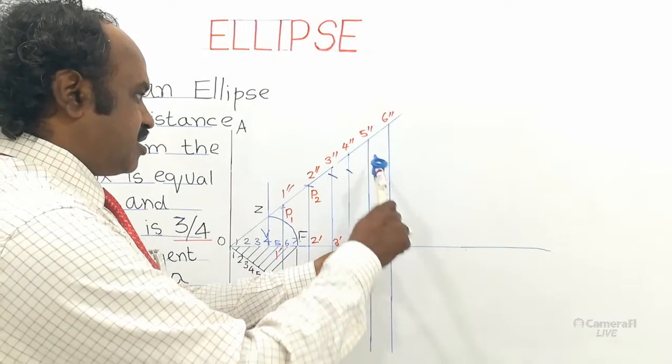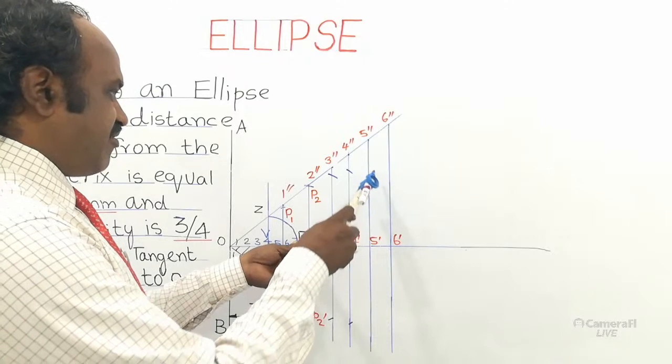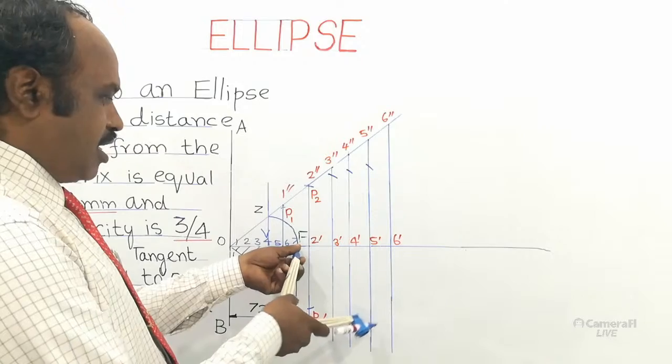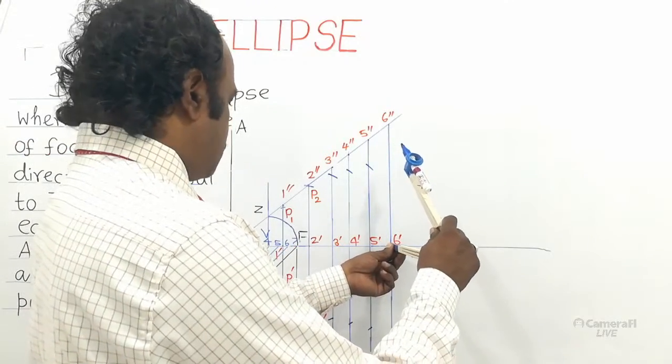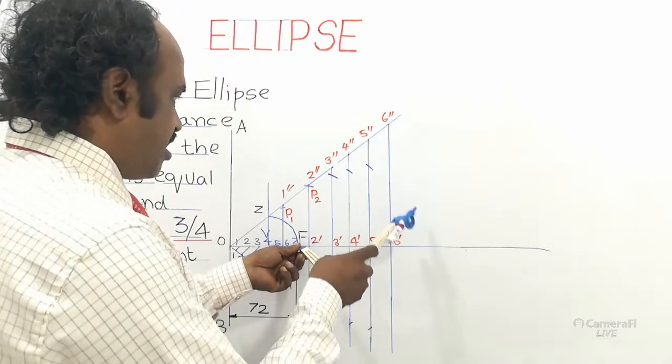Next 5 dash, 5 double dash distance, keeping F as center, cut an arc on the 5th vertical line, above and below the axis. Understand? Next 6 dash, 6 double dash, keeping F as center, cut an arc on the